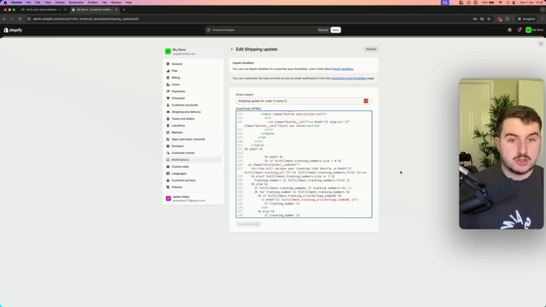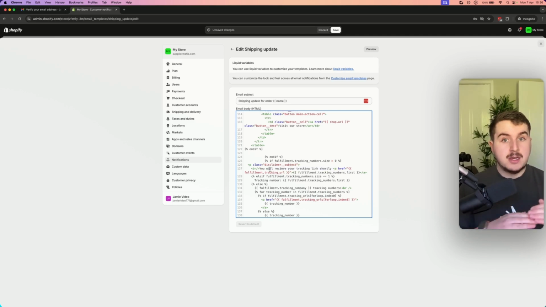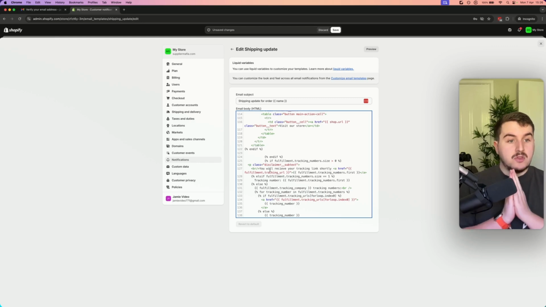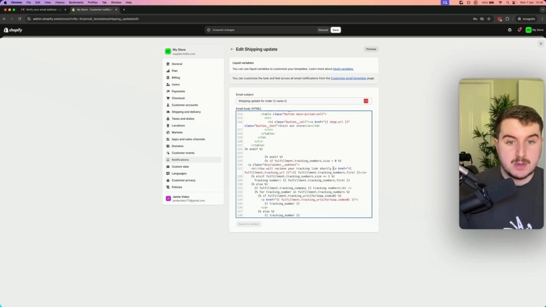So "you will receive your tracking link shortly" is true, because when this email goes out, maybe that flow is set up to go out 30 minutes after this. Then they will have a button in that email that will take them back to your site, to their own tracking page for their order. And that is what they're going to use to track this. Okay, so we want to then remove the stuff after. This is a link. And if we save that,